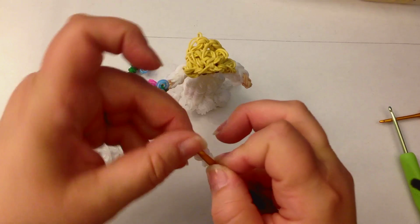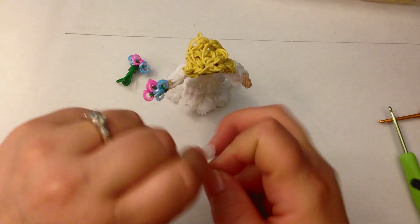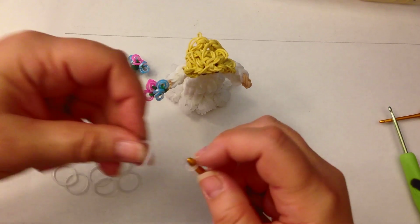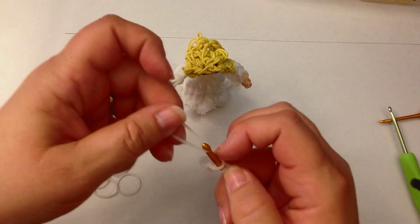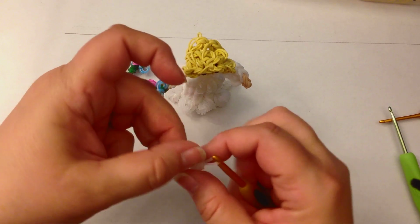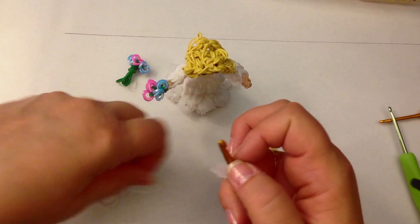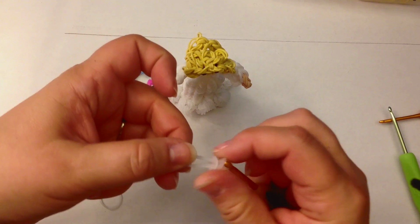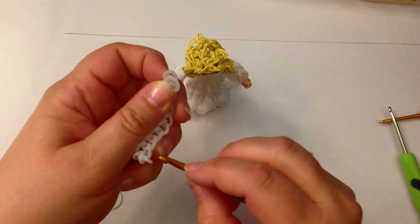So that was 1, this is 2, 3. Try not to get it twisted. I did there, so I'm going to just untwist it. That's 3, 4, 5, 6, 7, 8, and 9. Now with this, what we can do, take this off here, put your hook through the end cap,